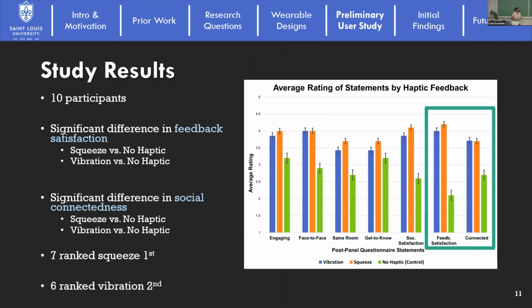And so we ran this preliminary study with 10 participants. We found that there was a significant difference between the squeeze and no haptic, and vibration and no haptic, in 2 out of the 7 categories. And those were feedback, satisfaction, and social connectedness. This was further corroborated by the fact that the majority of participants rated squeeze as their favorite of the interaction types and vibration second. None of them considered the no haptic condition as their